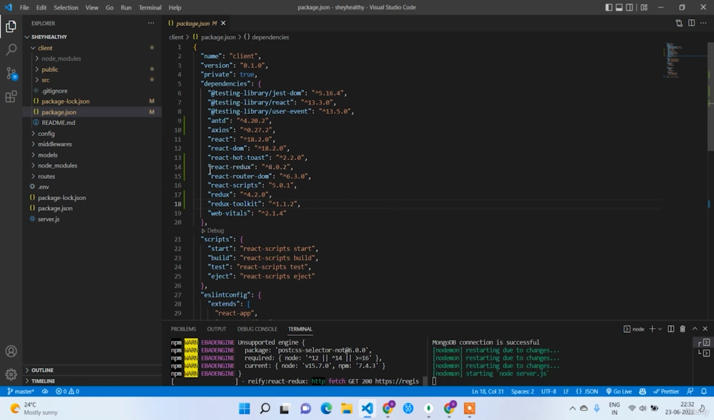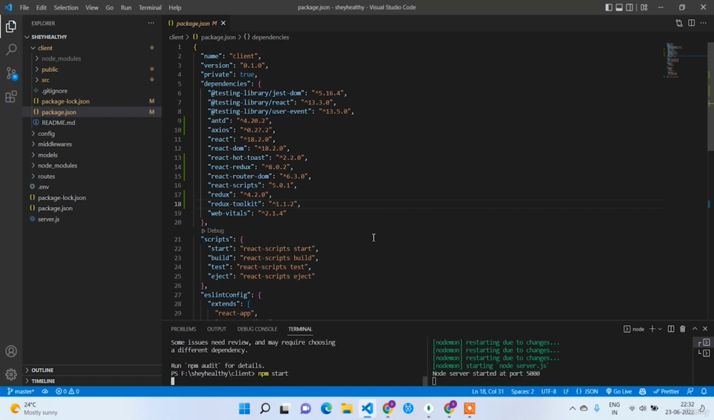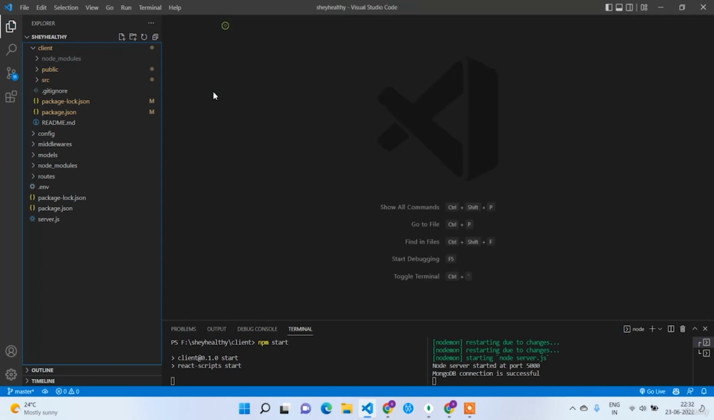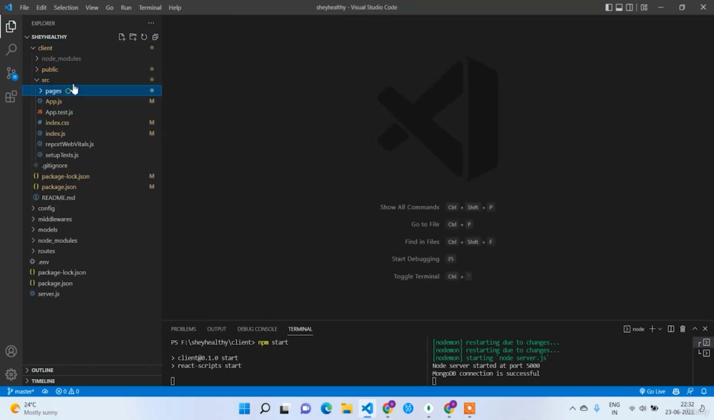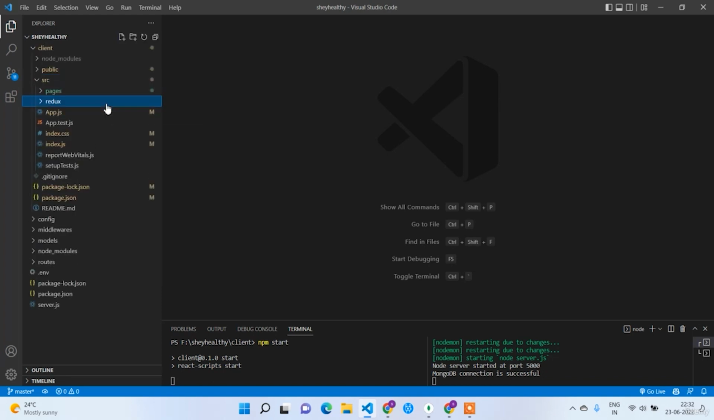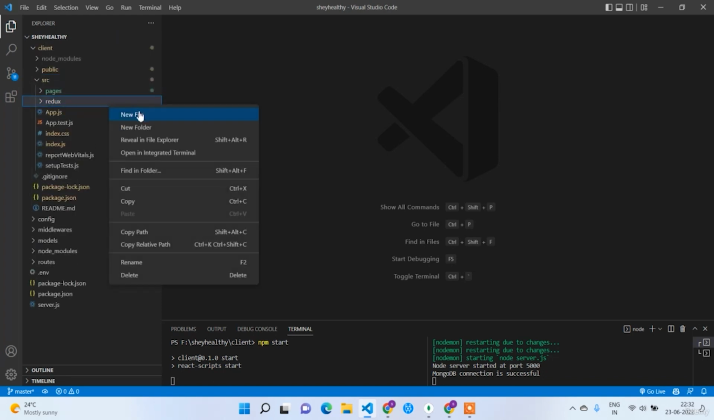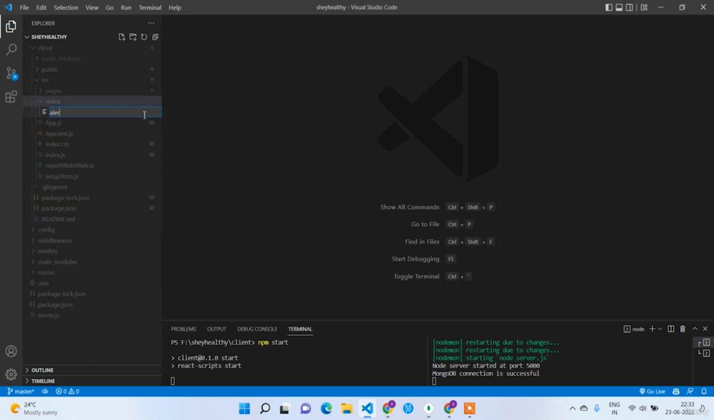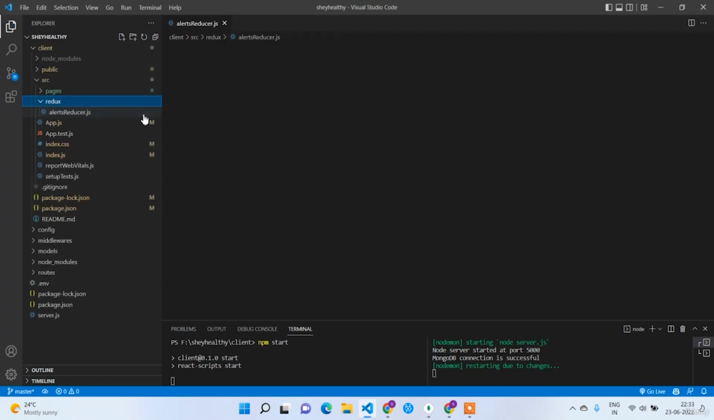So here you can see we got the React Redux library also. Now I'm going to restart it. npm start. So in the meantime, I'm going to create a new folder in the src with the name Redux. So in this Redux, first I'm going to create a reducer, alertsReducer.js. So alerts reducer is nothing but loading and hiding. So it is a process of alert. Now I am going to write